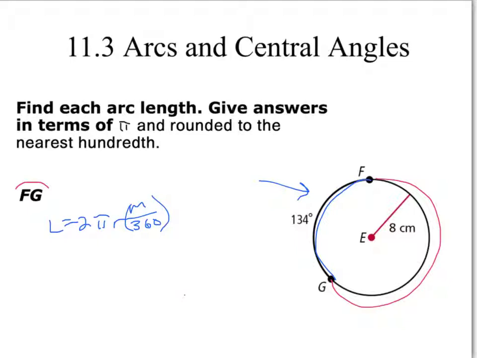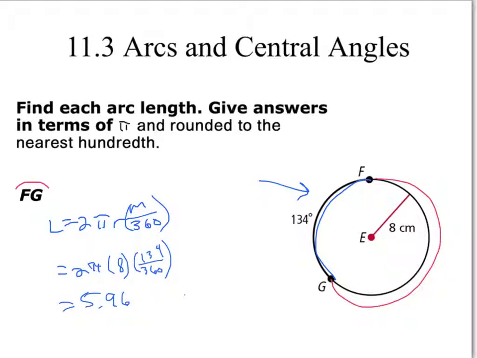So my answer is 2 pi times r, which is 8, times m, which is 134, over 360. I'm going to be multiplying straight across, and I want terms of pi and terms of decimals. So I take 2 times 8 times 135 divided by 360, and I get